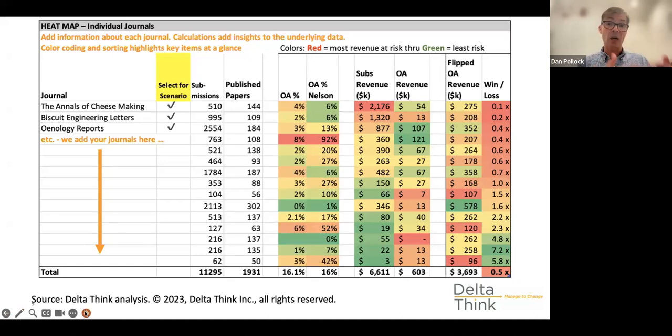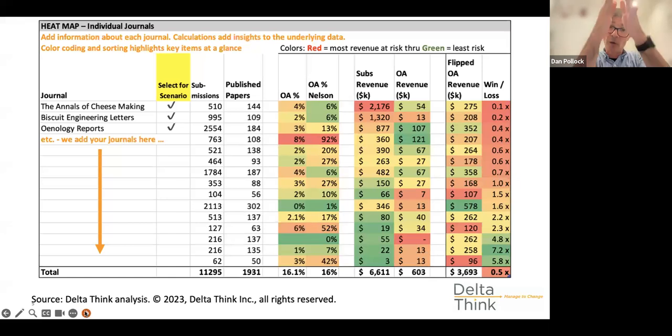Then we can look at the current open access percentage, and that's the first colored column, the sixth column from the left, in the middle. I'll come on to the rest of it. But the first thing to note is one way we've found very useful to visualize data is to color code it in these heat maps. I do apologize to people who struggle with red-green differentiation. We can change the colors, of course, as needed. So I have to put that little caveat and apology there. But at the moment, we're running with a simple red, amber, green color coding.